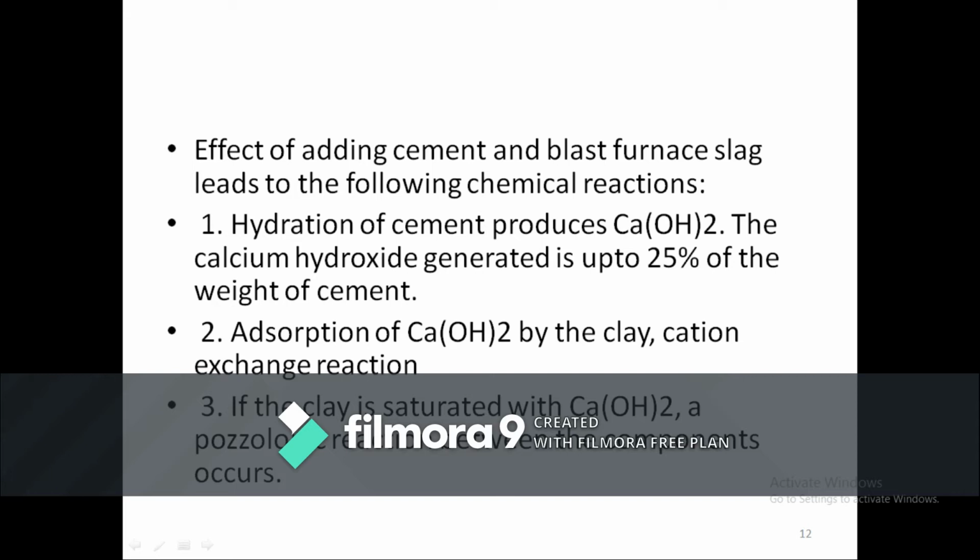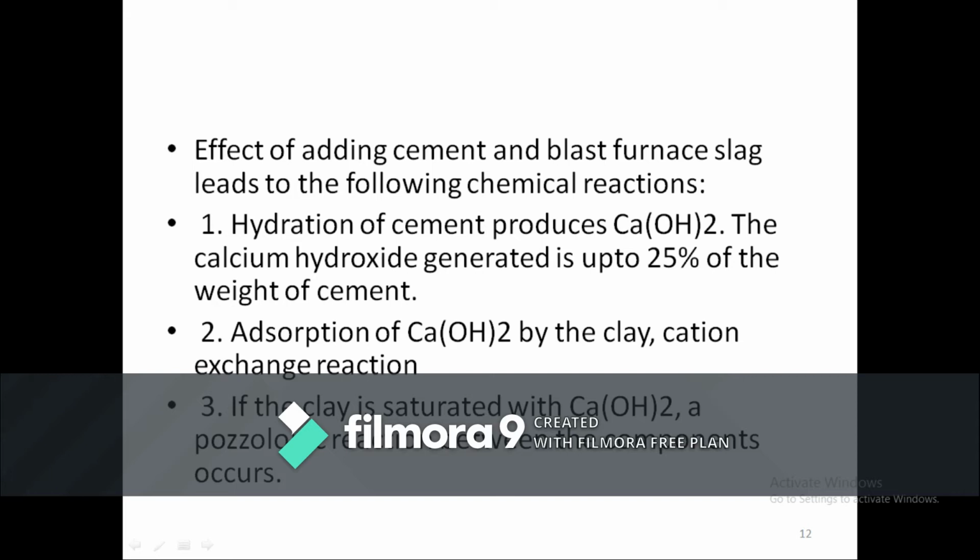The calcium hydroxide generated is up to 25% of the weight of the cement. So how much amount of calcium hydroxide is made? Up to 25% of the weight of the cement. Adsorption of calcium hydroxide by the clay, cation exchange reaction, all this takes place. If the clay is saturated with calcium hydroxide, a pozzolanic reaction between the components occurs.